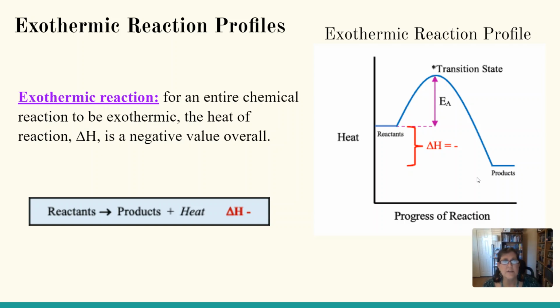And then delta H, the change in enthalpy, again, is between reactants up high and products down low. That difference is delta H, and it's negative because it went down. We went down to the products. So it's a negative energy. Look at that equation over there on the side. Reactants go to products plus heat. See, heat exited the reaction. It's produced. It's on the product side. Reactants go to products plus heat. So this is an exothermic reaction. The products are lower than the reactants. Delta H is a negative value.